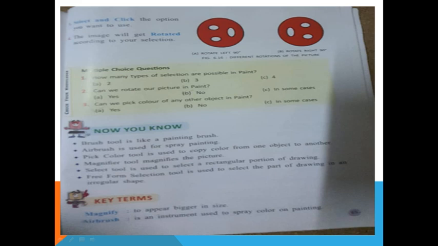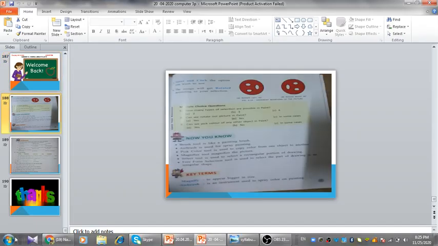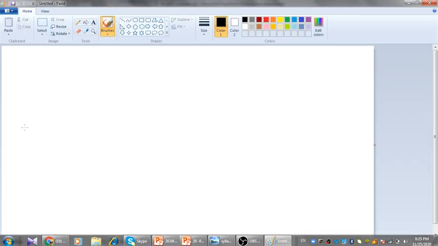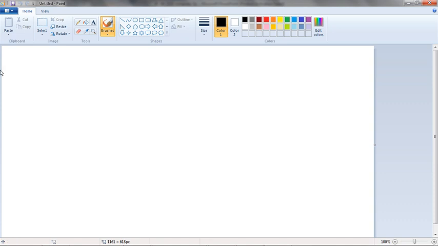So we will go to Paint. Okay, see, can you see this? I am going to MS Paint. Now we are going to home tab. First of all, we will draw this circle. So what we will do, take the circle. If you want a perfect circle, you use the shift key. See, it's a perfect circle. Again we will take for the eyes, this is the mouth. Okay, so we will take and drag it.